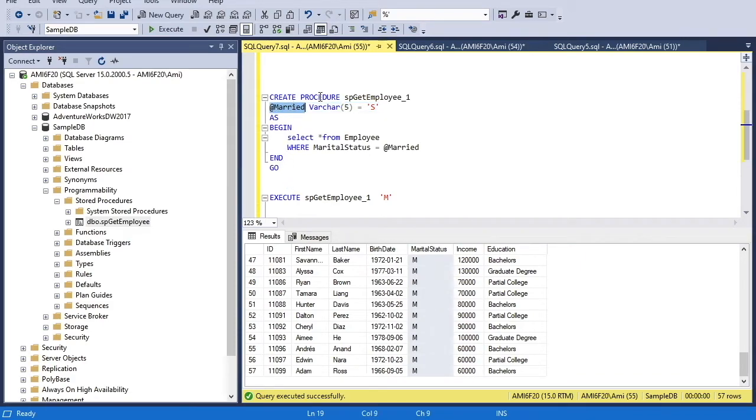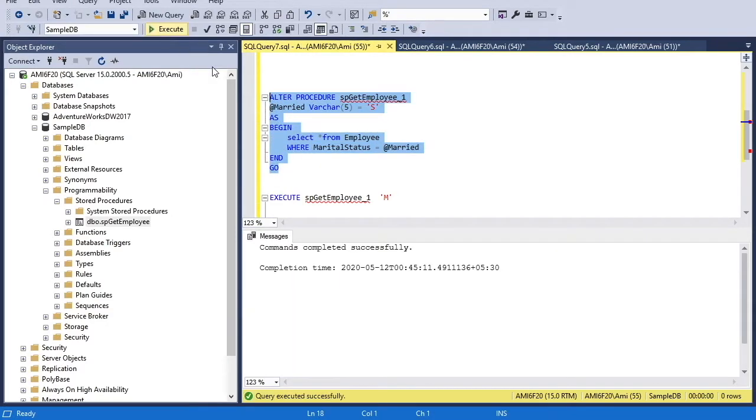As the procedure has already been created, we cannot create it again, but we can alter it. Alter is the statement using which we can modify an existing procedure. The modification we are making this time is passing a default value to this parameter married. Let's execute this. Now the procedure has been updated, and if I execute this procedure again without passing a value M, let's see what it will return.